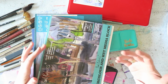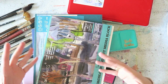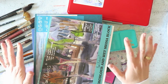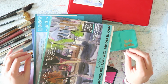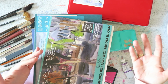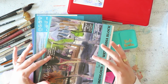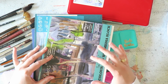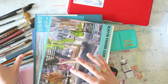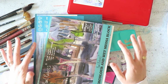I get a lot of questions on I'm starting out, or I want to upgrade to artist grade watercolors, which set should I get? And a blanket statement would be you have to check your local or your online retailer, because I'm in Europe and what is available to me and is a good deal for me is not necessarily the same if you're in the US or if you're in Asia. So you really have to check